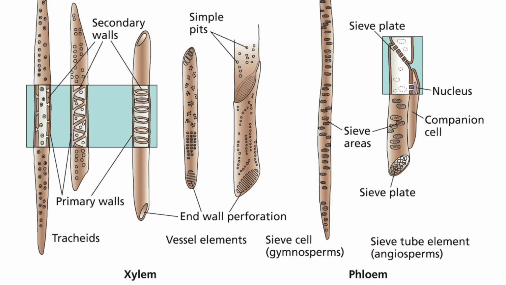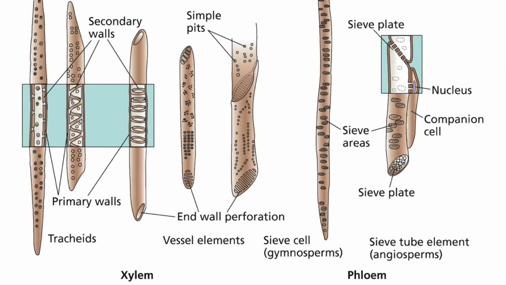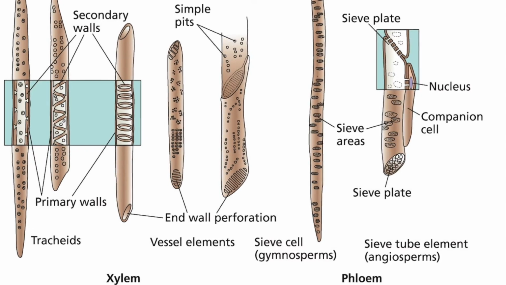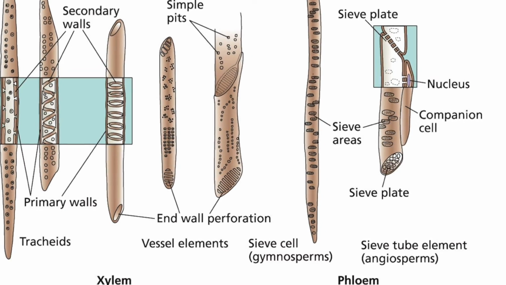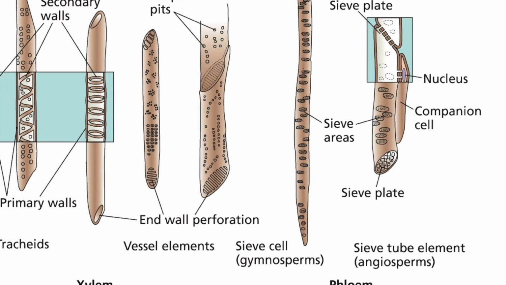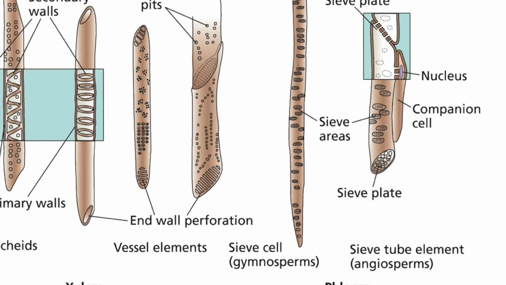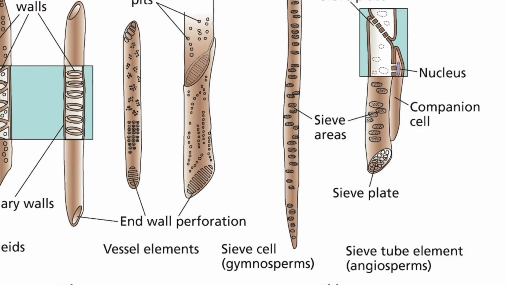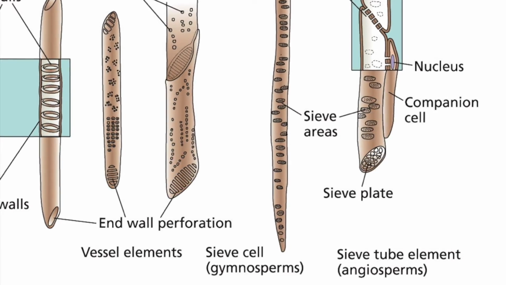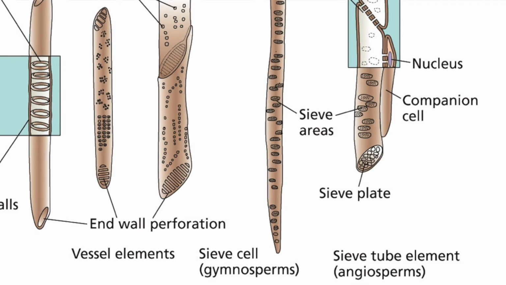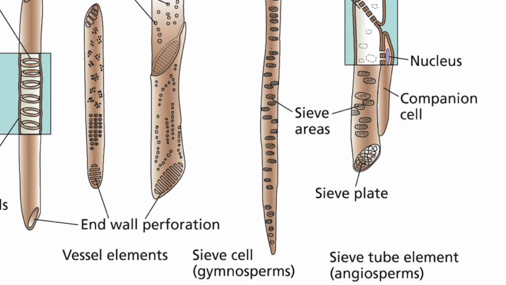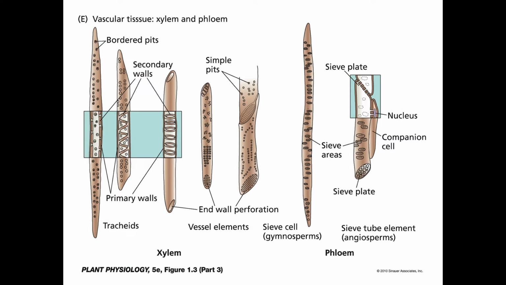In the phloem, we also have unusual cell types that are formed that are known as sieve cells. And these sieve cells, again, are differentiated between gymnosperms and angiosperms. We find only sieve cells in gymnosperms, but we find sieve tube elements in addition in angiosperms that are not found in gymnosperms. And again, this has something to do with their organization and the movement of sugars through the